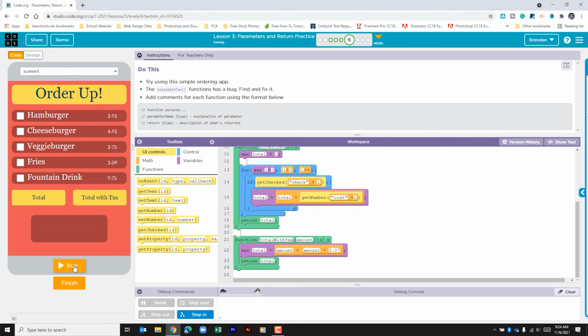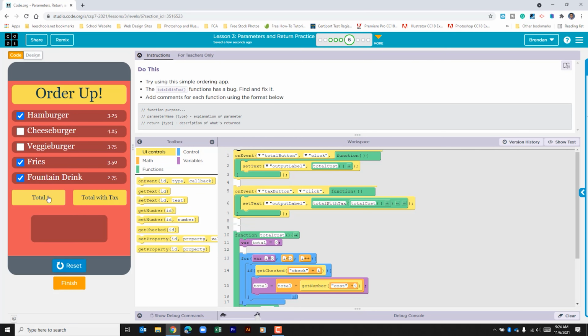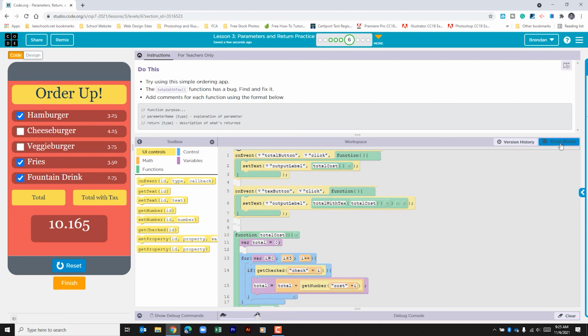Let's go in and run the app again. If we click total, we get our total before tax. If we click total with tax, we can see that that is calculated. The last part of this is that we just need to comment out our code. And what we can do, they've made it pretty easy for us, is we can just copy and paste this within our workspace. If I go to show text,